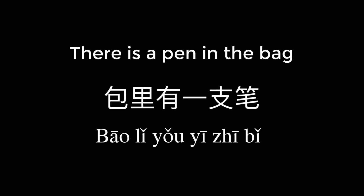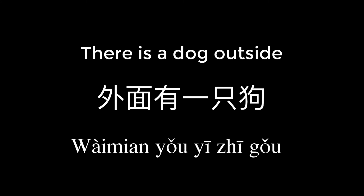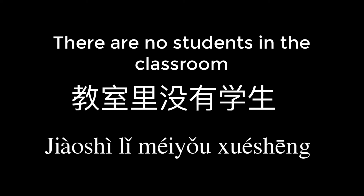How would you translate the following sentences? There is a pen in the bag. 包里有一支笔。There is a dog outside. 外面有一只狗。There are no students in the classroom. 教室里没有学生。